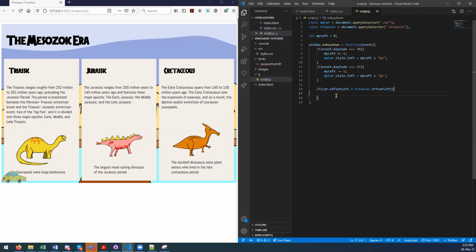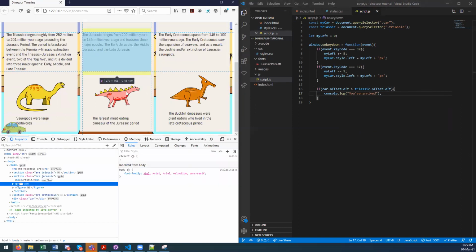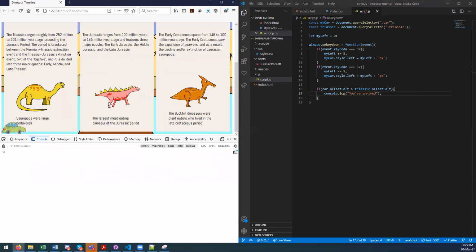Okay, so I'll just quickly console log, you've arrived. Okay. So I know already that it's 10. So now when it's moved to 5,